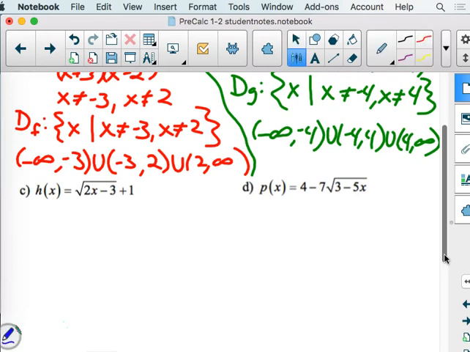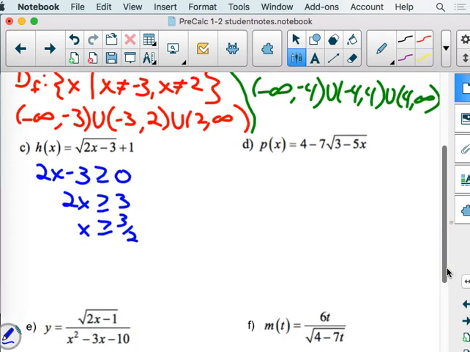Hey, can we put all real numbers for C? Why not? A square root has a square root. So 2x minus 3 is going to have to be greater than or equal to 0. It could be 0 because the square root of 0 is 0. So we would add 3, and we would divide by 2, and it would look like that. And we would say, well, that was a nice, easy little, that's over half of our set builder notation right there. So domain of H,